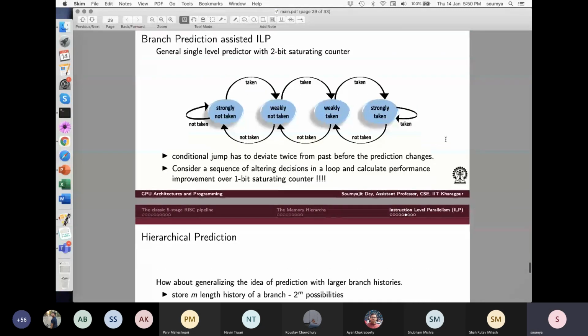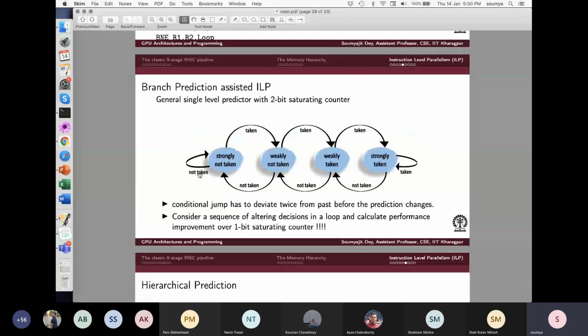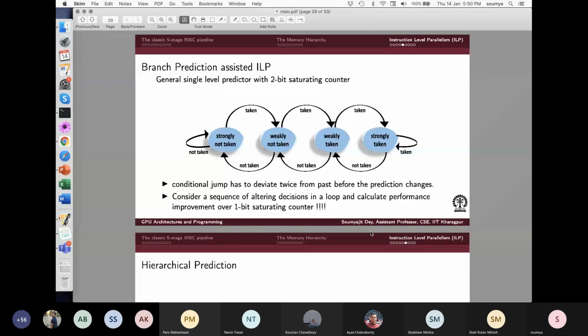Well, the next thing was branch prediction. So is this understood at least at a higher level? We need not go deeper, this is not a computer architecture course. We're just trying to give an understanding of how branch prediction really happens inside a computer. So does anybody have a question on this?